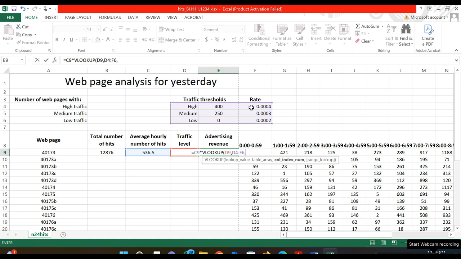So we have to search this value here and return the column index 1, 2, 3. So column index is 3, comma, we need approximate, just